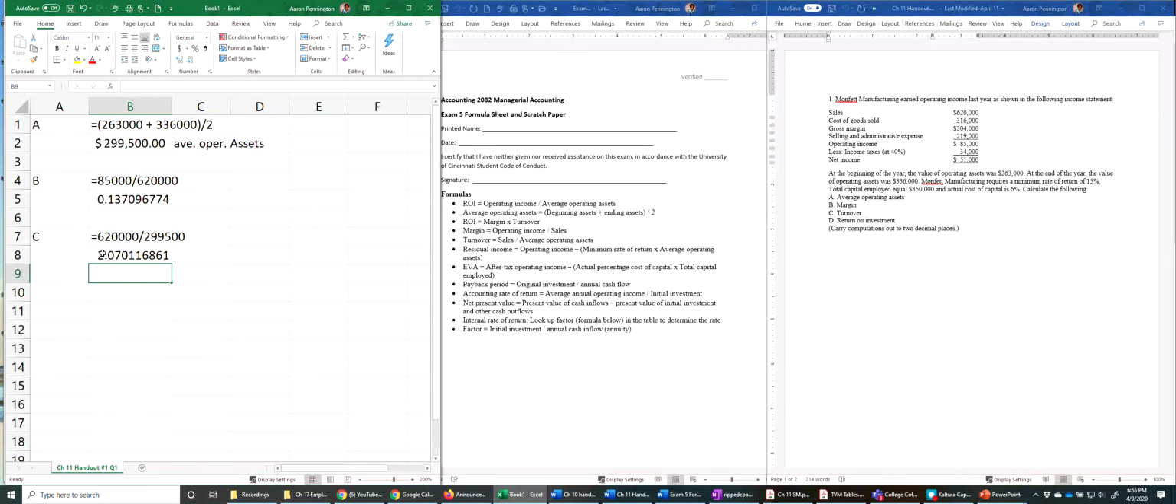2.07. And because turnover is a thing by itself, what that would basically mean is that each dollar of assets earns $2.07 annually. All right, so that's your turnover. All right, and this is your margin. All right, and that tells us the differential between